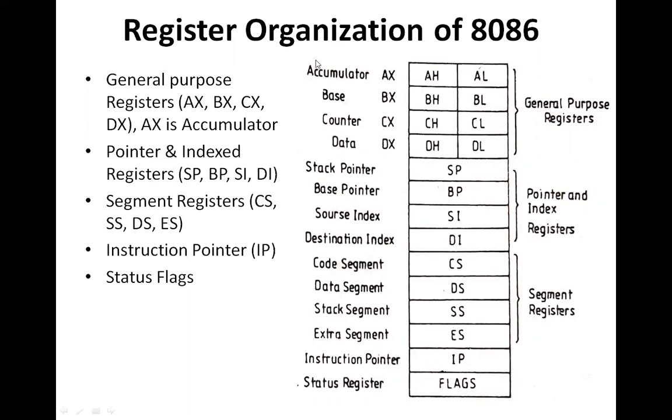Normally in 8086, we have already seen we are using a 20-bit address line, so 2 to the power 20 means the microprocessor can fetch 1 megabyte of the memory, because 2 to the power 20 is equal to 1 megabyte. 1 megabyte in comparison to 8085, which used to fetch only 64 kilobyte. So the capability of accessing the memory is more in case of 8086